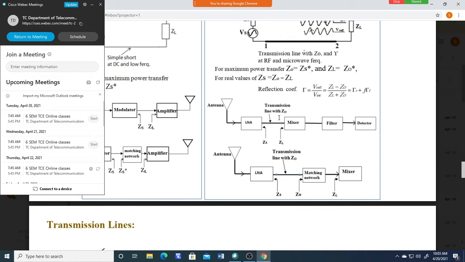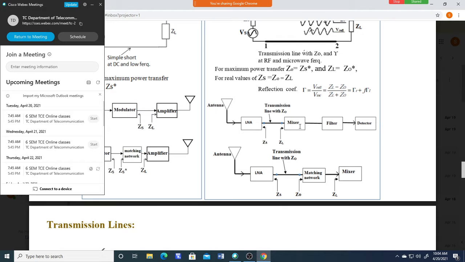Once we treat it as a transmission line, for maximum power transfer from one circuit to the next circuit, because our signals must flow from one point to another point. From here, the antenna receives the signal. Again here there is a transmission line, and the signal should be carried from here to here. Similarly, from here to here, for maximum power transfer, we always expect the output of this must be delivered to the mixer circuit.